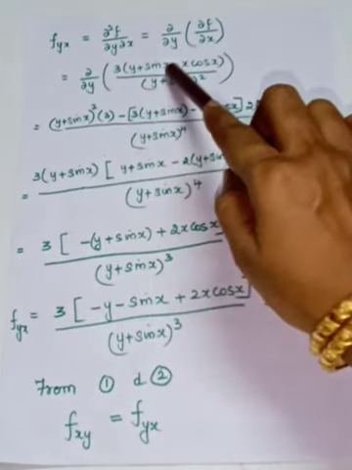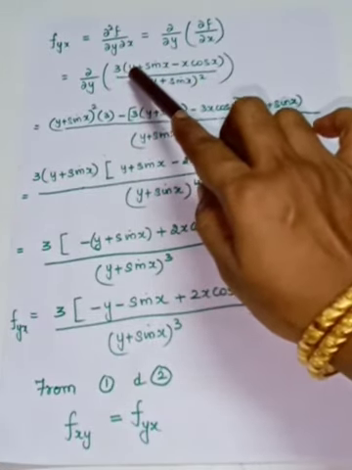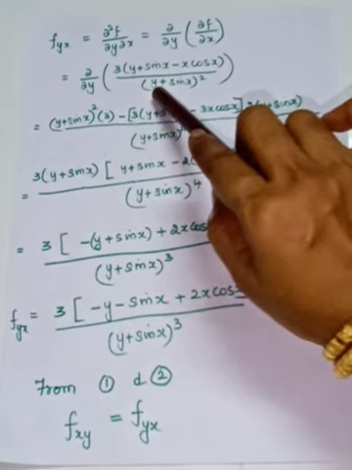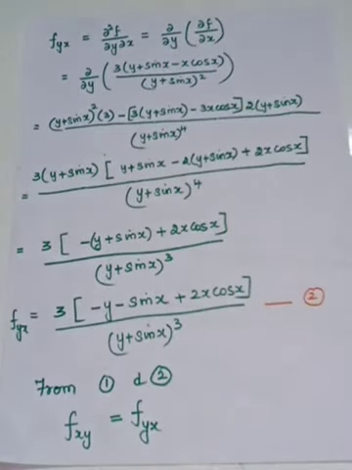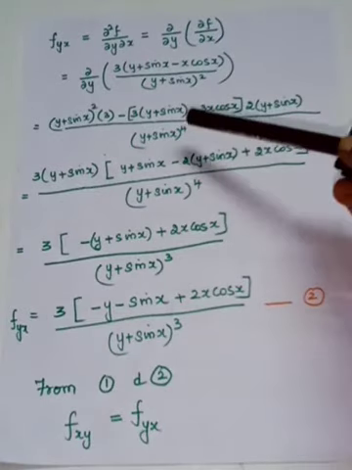So look at your numerator. Here you are having y. In the denominator also you are having y. So how to differentiate? Using the quotient rule only we have to differentiate. While applying the quotient rule, you have to complete the denominator. What should be in the denominator? It is v squared. What is your v now? (y + sin x)² is your v. Now v squared is (y + sin x) to the power 4.